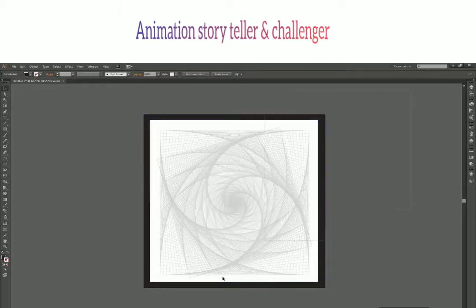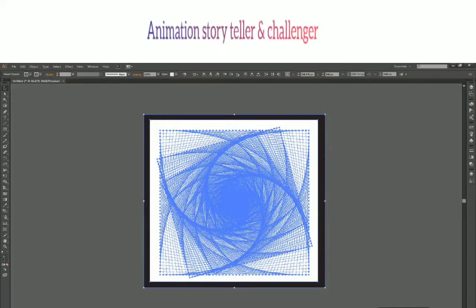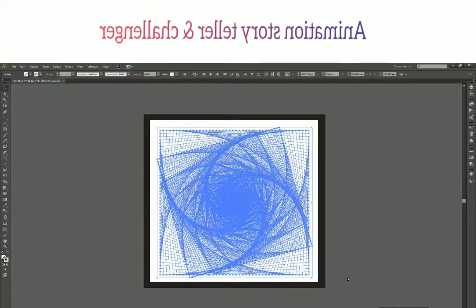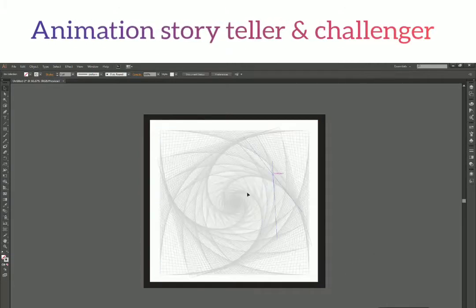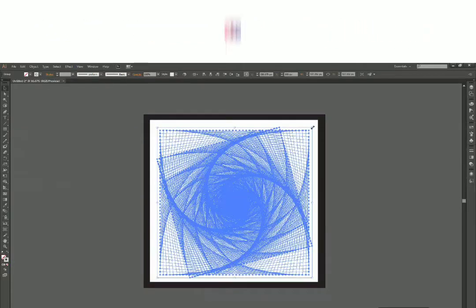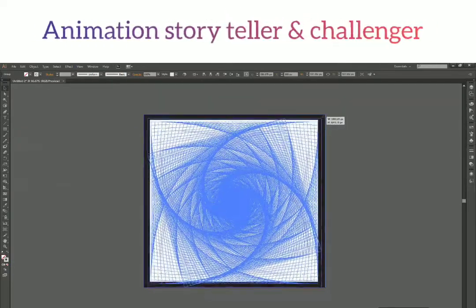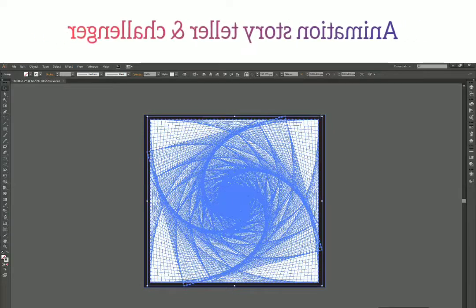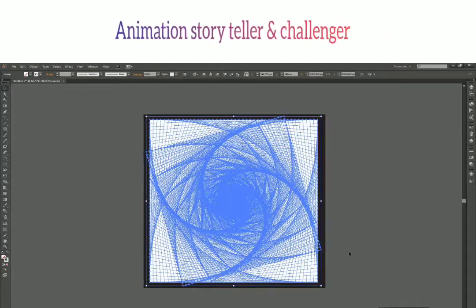Now select this whole design, shift select this border to deselect it and press Ctrl G to make a group of this whole design. And now we can scale it up a bit to fit it exactly behind our border.